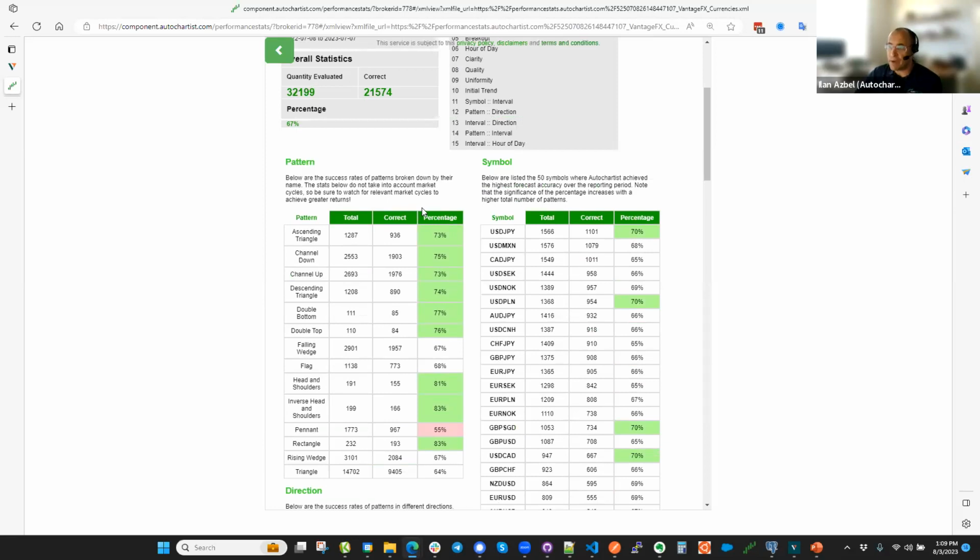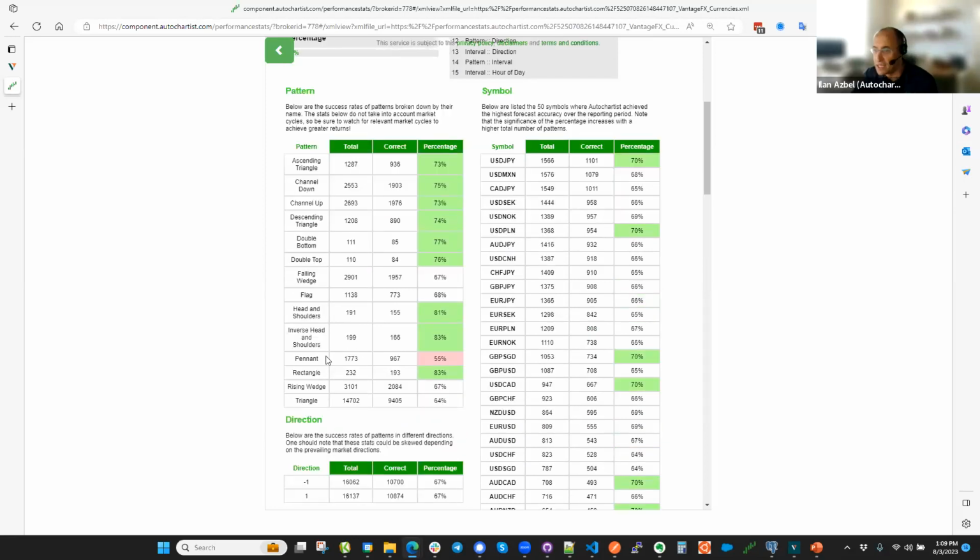We're very transparent about what is done well and what is done badly. So we can see over the last year, pennant patterns have done really, really badly. But head and shoulders, inverse head and shoulders, those are consistently good winners. Rectangles, ascending triangles, really high. Descending triangles, really high. So it gives you an idea of which types of trade setups have actually done well over the last year. And the same thing with the